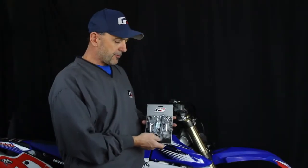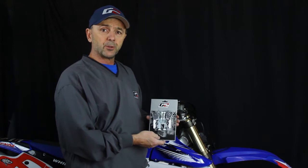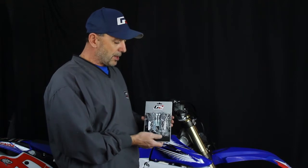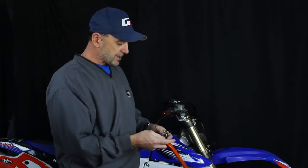I'm going to tell the features of our Mongo Handguard mount. It comes with everything that you would need, and the reason for this is it takes some of the stress off of the handlebar when you're running bark busters. How it actually works is you have the blade of your handguard system, and